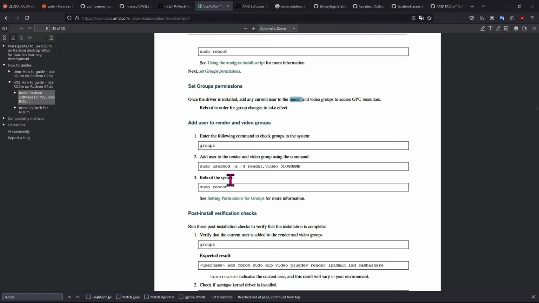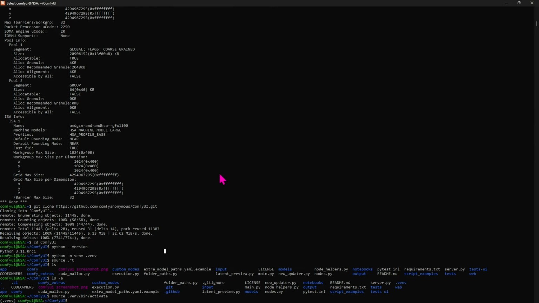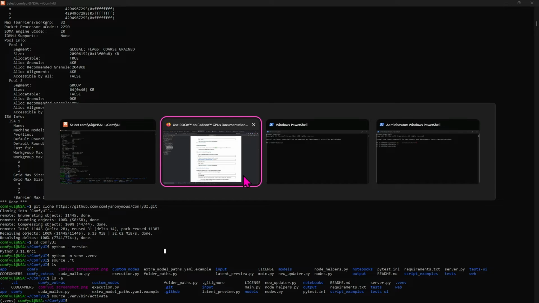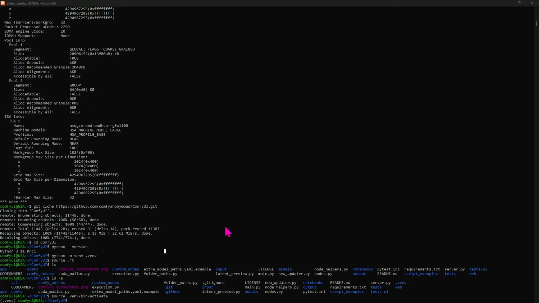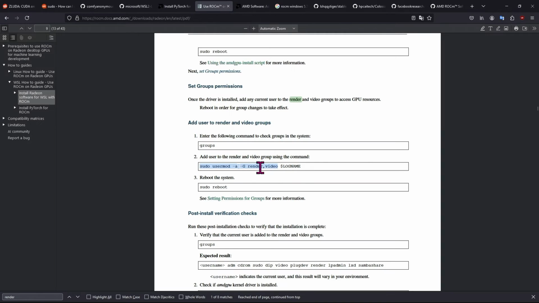You might not need to do this, particularly because, like I just said, we're using the WSL use case, and we're also using the ROCm use case. We didn't include the graphics use case, rather. And I think the video and render groups come from that. However, you might want to use the graphics use case for things like FFmpeg. I'm not really 100% sure. You want to keep this all in mind. So this is going to be super important. But for the way that the installation is working right now with ROCm, and to get everything running, you don't need to do that. But just so you know, as a little caveat, you might want to add your current